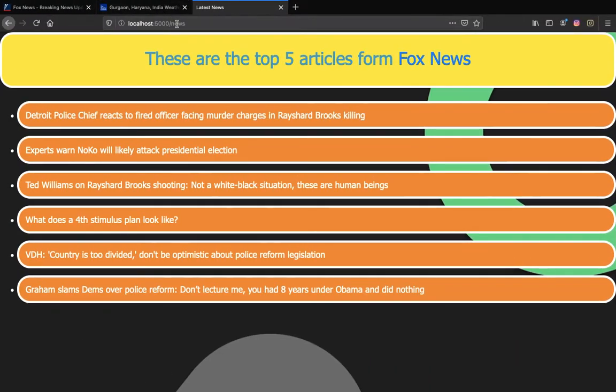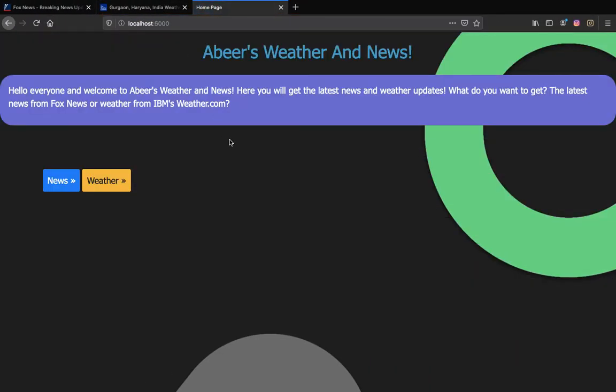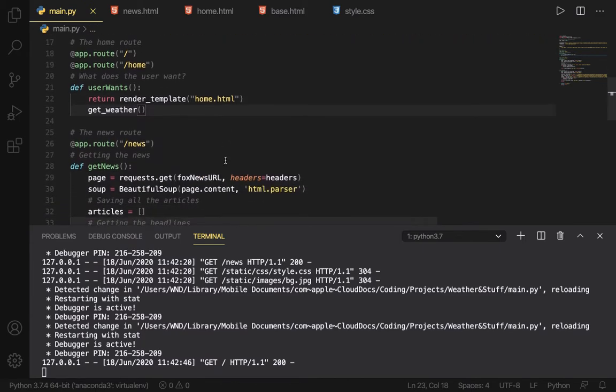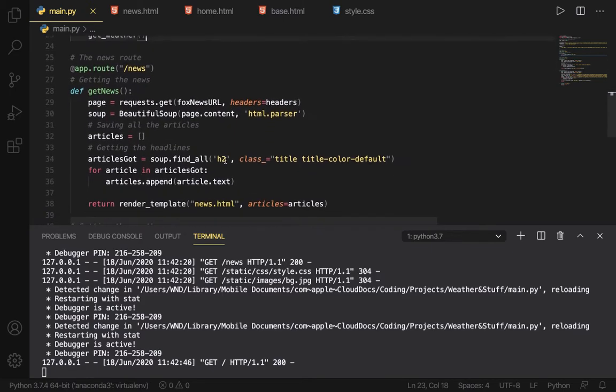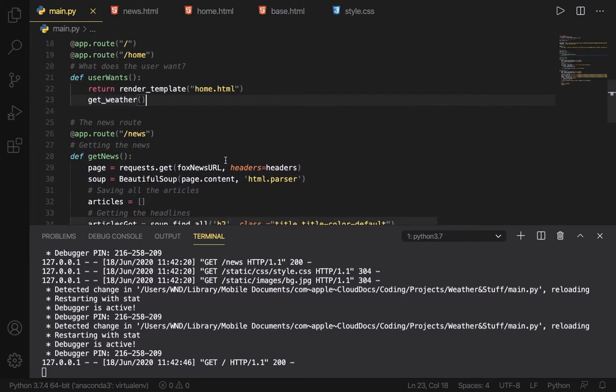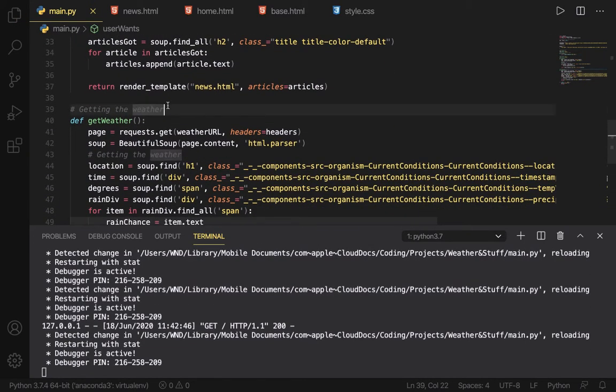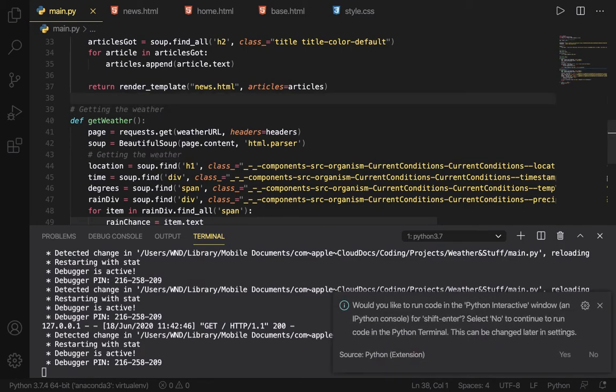If I go back to the home page, do we get the weather, boys? Do we get the weather? Come on, give me the weather. Okay, it's not working. We can't get the weather. That's sad. What can we do? You know what? Let's just make get weather a route. Let's just make a route real quick for it.